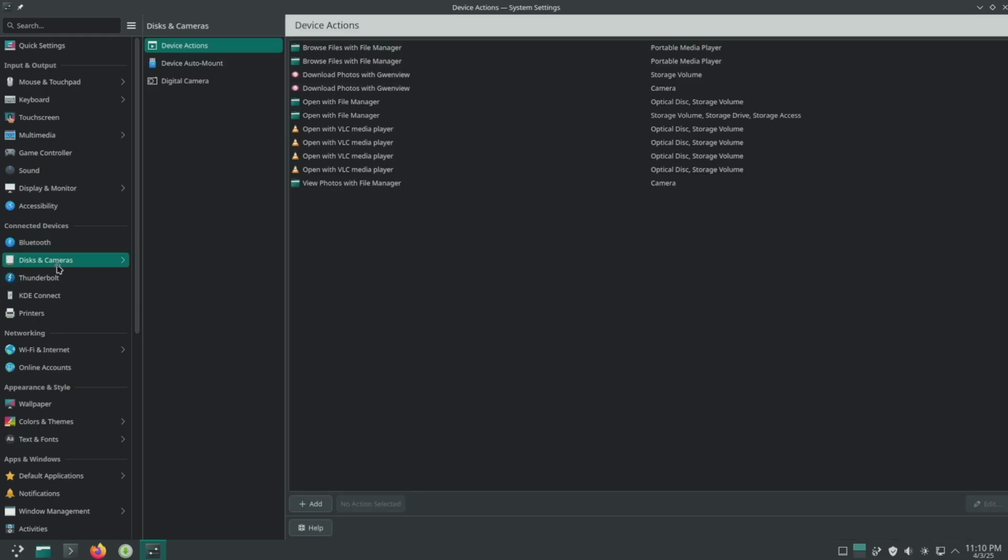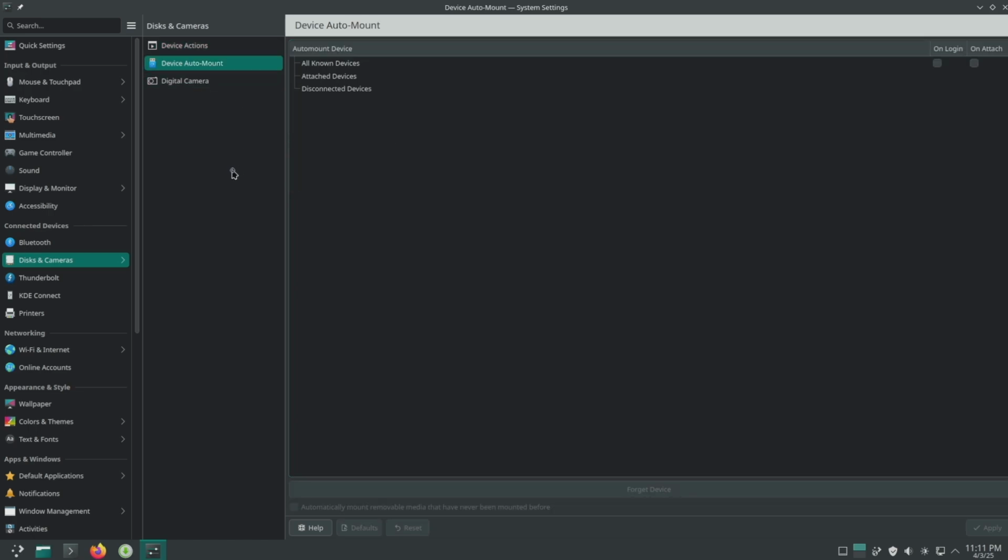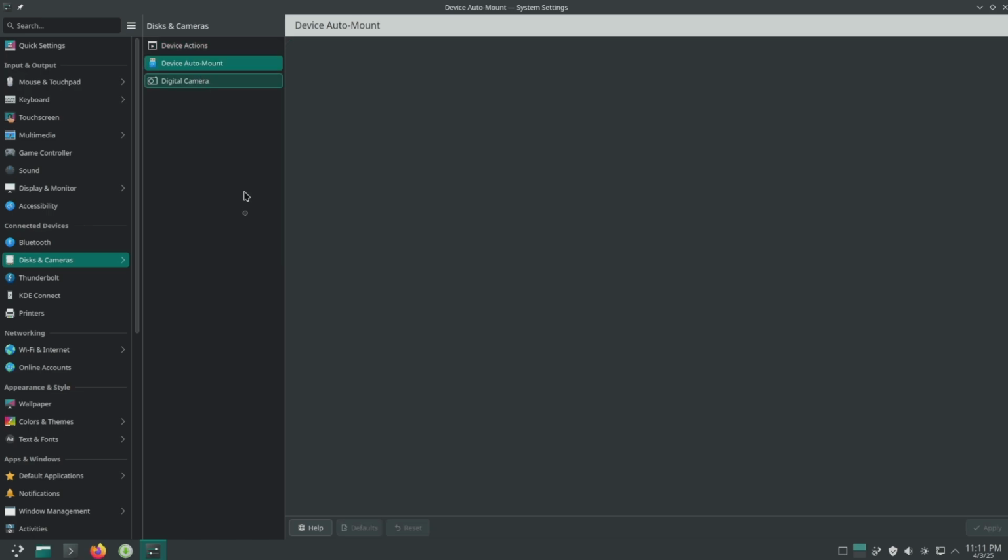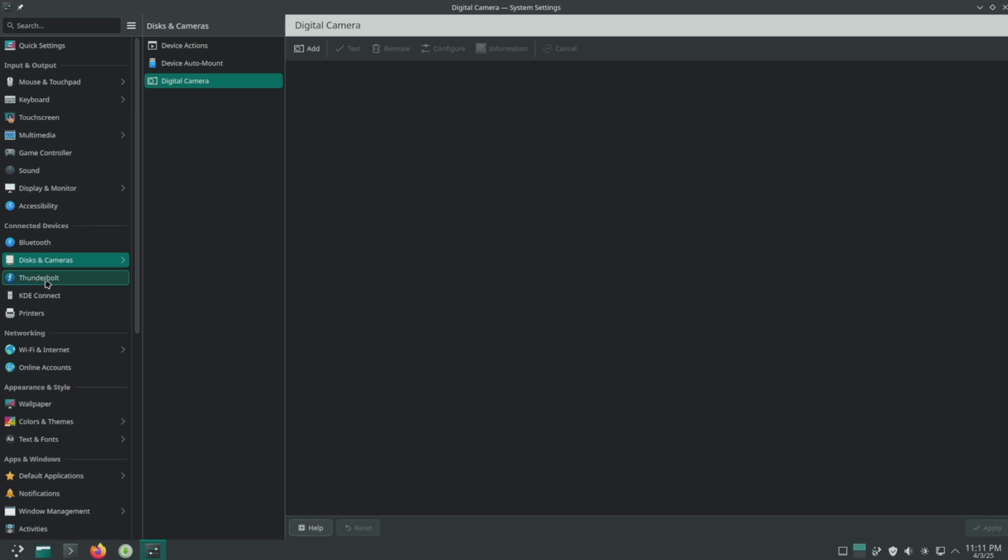Next up is disks and camera. So there's device actions, and this is basically in regards to plugging portable media and stuff like that in, USB thumb drives, CD drives, stuff like that. And it's basically saying what action should this take if those are plugged in. You can also add options, you can edit them. There's device auto mount configurations that you can take a peek at, digital camera stuff,